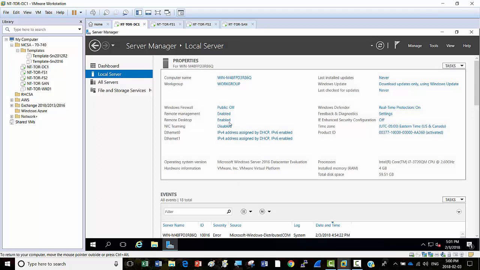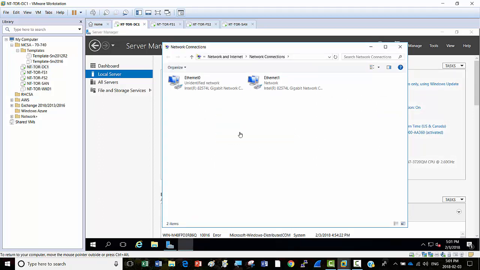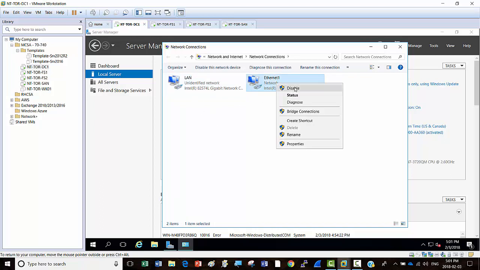Click on your local server and then click on the hyperlink for Ethernet 0, and please rename it to LAN. And the second one, please disable this one. Don't rename it, we need to rename it later. So disable this, the Ethernet 1,